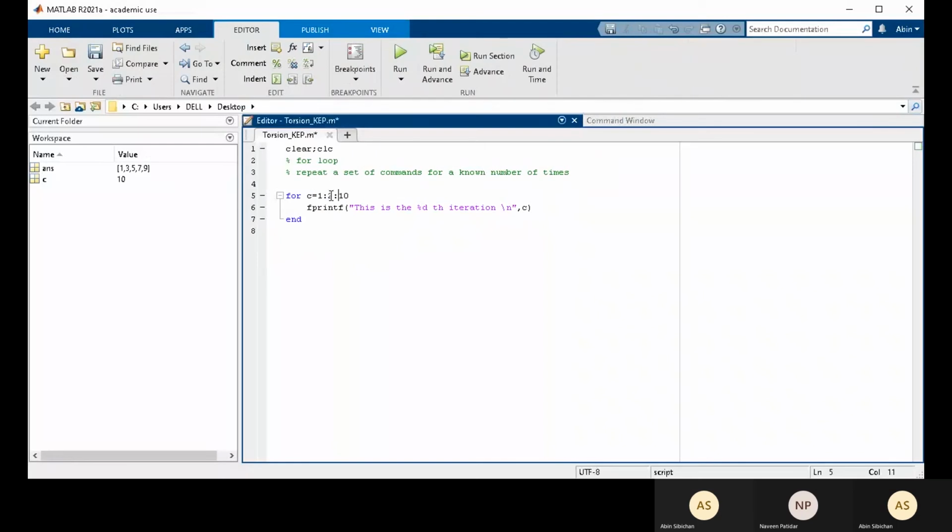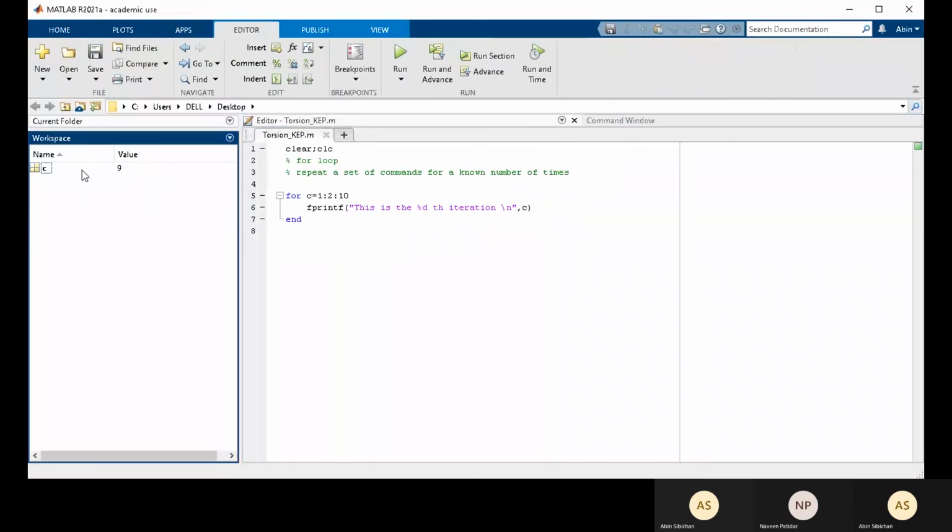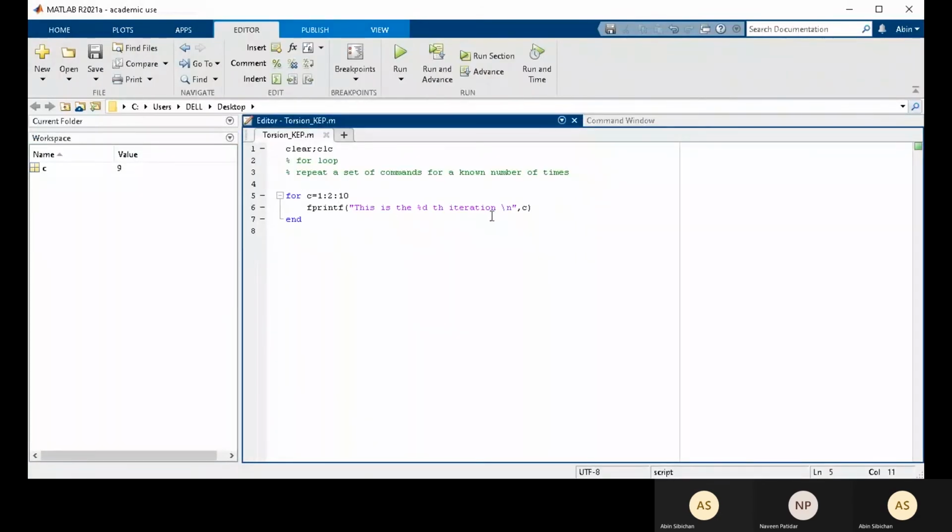So this is the function. You can even try here. Instead of this, let's try 2. And if I run this function, the current value of C is 9. That's what is being shown, because each time the loop goes, the value of C gets replaced. It's not being added. So the first value would be 1, then it will be replaced by 3 and goes on, and right now the value is 9. So that's a basic introduction to for loop.